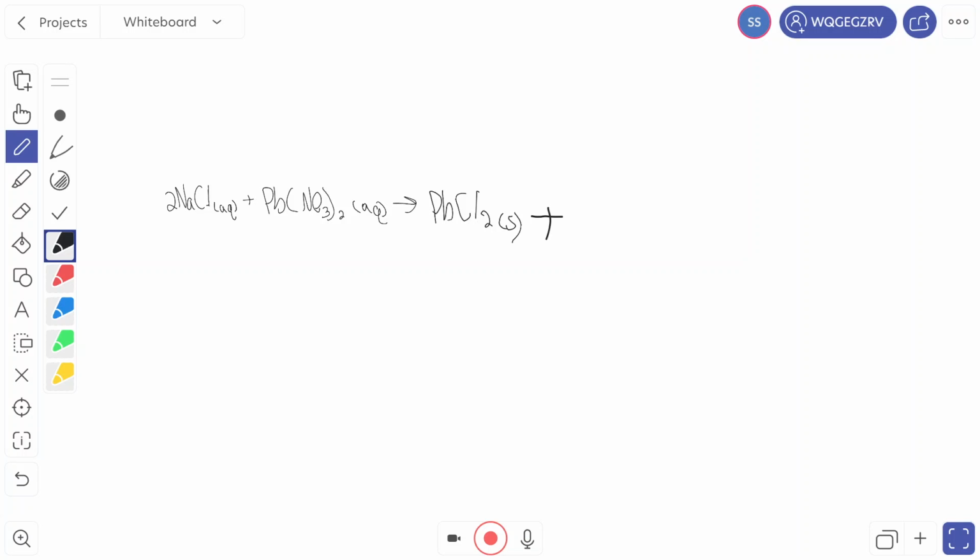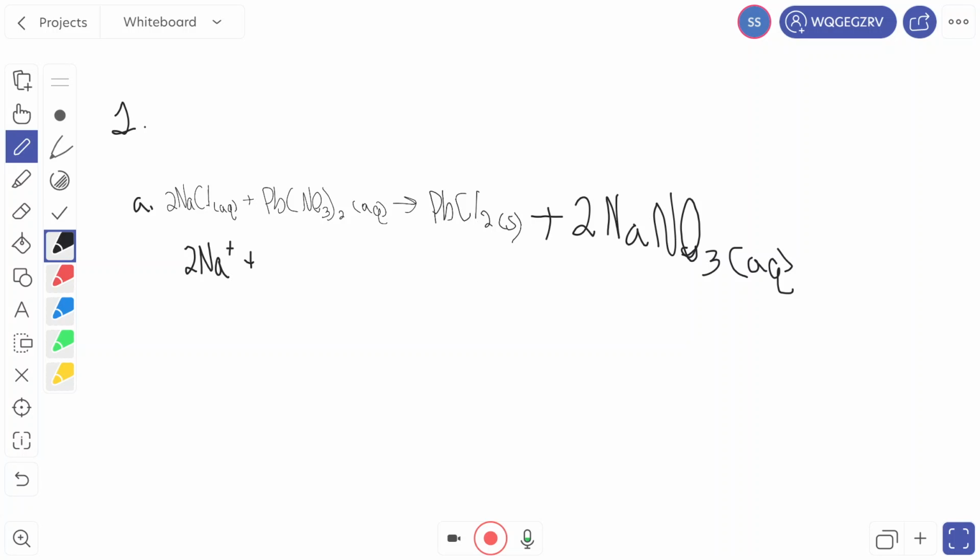2NaNO3, and this is aqueous. So now, for the next step, anything that is aqueous, we're going to split apart. So we're going to have 2Na+, I'm not going to worry about writing aqueous, plus 2Cl−